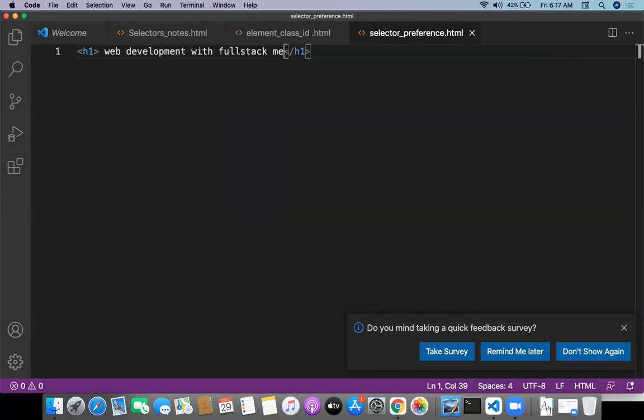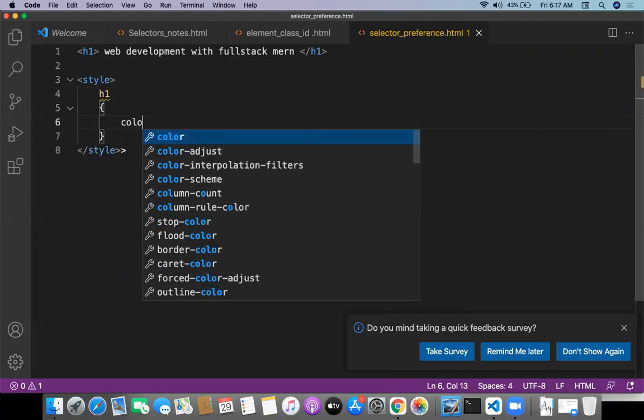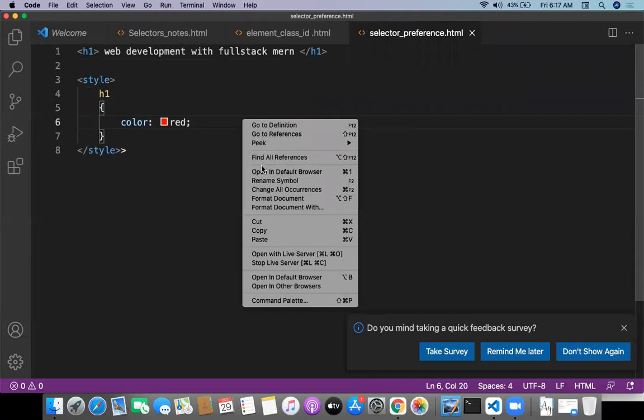And try to write 3 kinds of selectors now. I'm taking the first one, element selector, h1. Style open, style close, and h1 color going to be red. This is my element selector. If class is not there, ID is not there, element selector is the first preference.